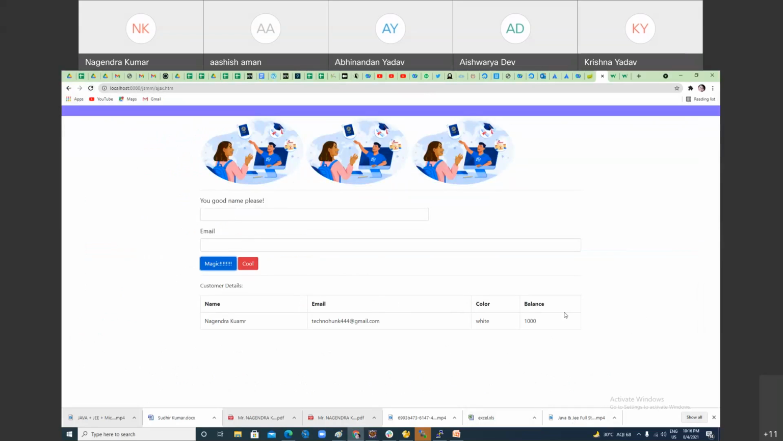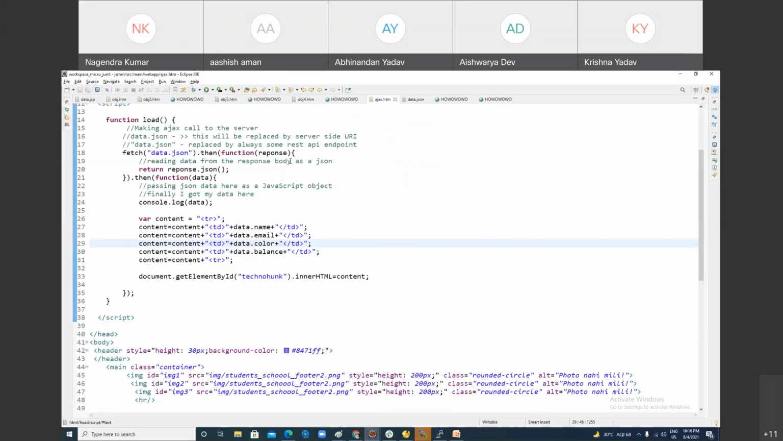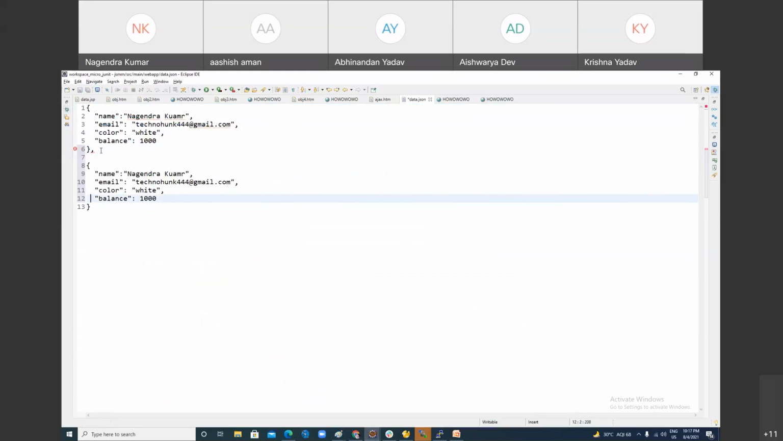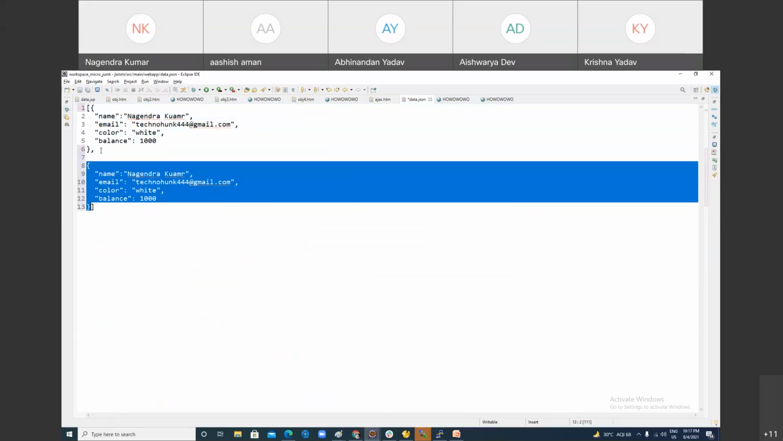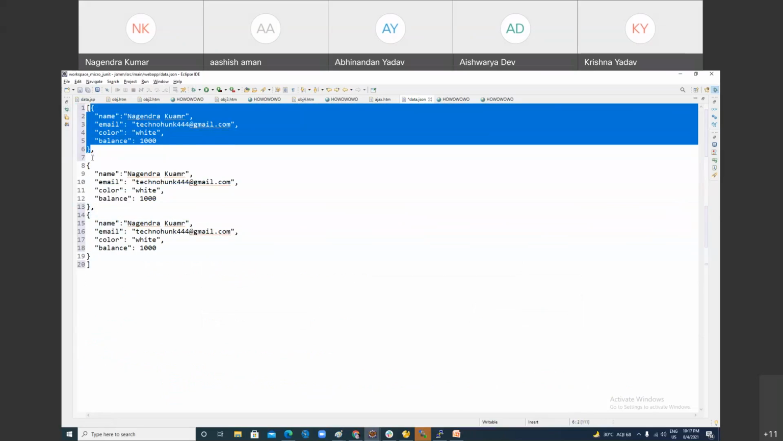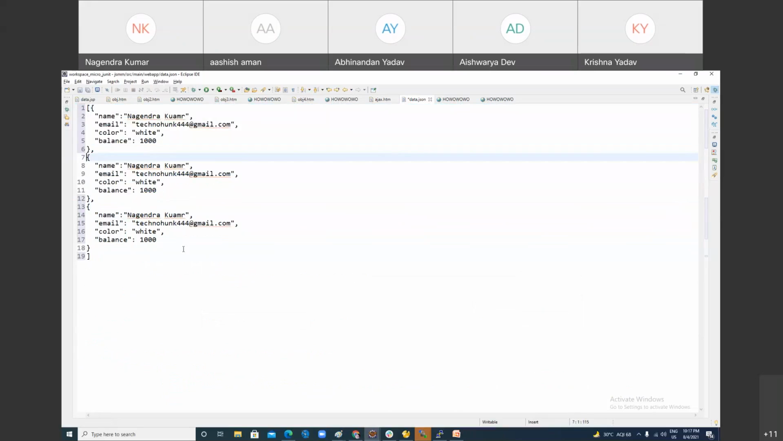Now, if you want, you can do it for multiple records also. How can you do it for multiple records? Comma, and here you have to use an array. One more. This is called an array of JSON data. This is one JSON data object, second JSON object, and third one. But here you have to give